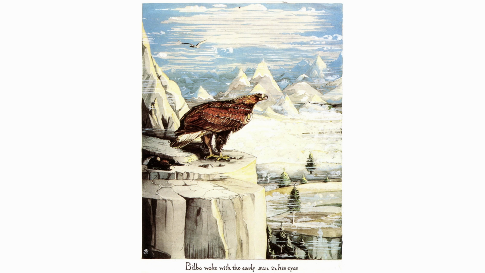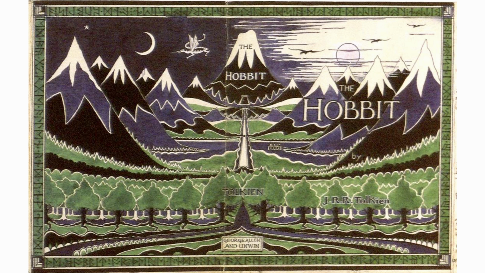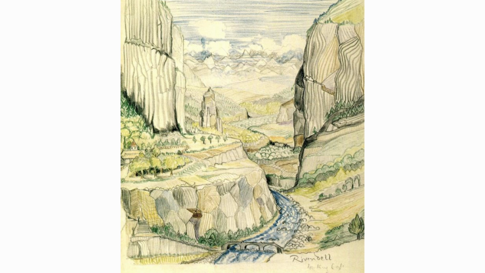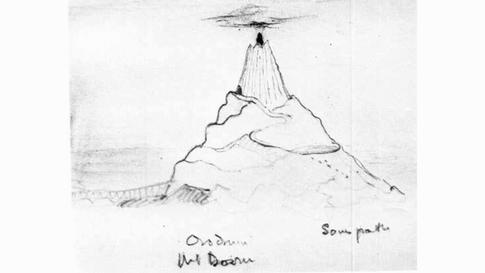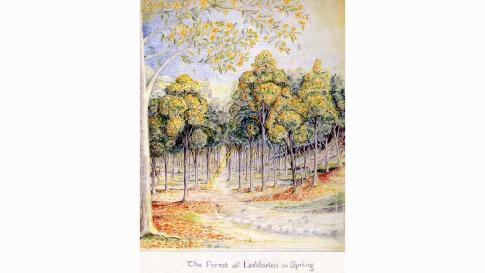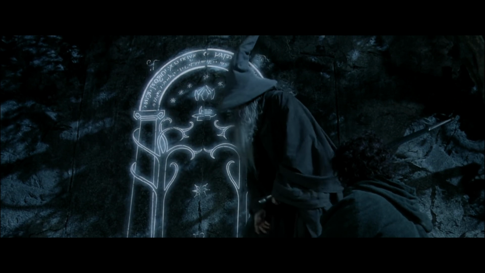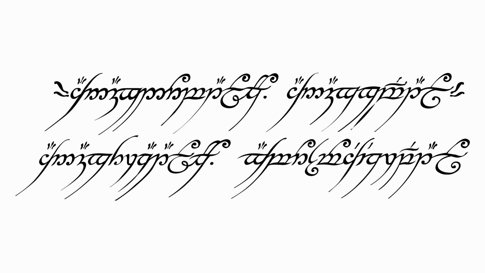It's pretty surprising how many well-known illustrations of Middle-earth were actually created by Tolkien himself. And you might recognize some of these from book covers you've seen over the years. Here's how he imagined Hobbiton. There's also Rivendell, Fangorn Forest, Mount Doom. Lots of familiar places in the story were first given visual character by Tolkien. He even designed the Doors of Durin, which also made it directly into Jackson's films. Not to mention the famous calligraphy of the inscription on the ring.